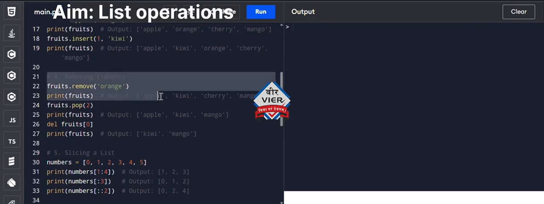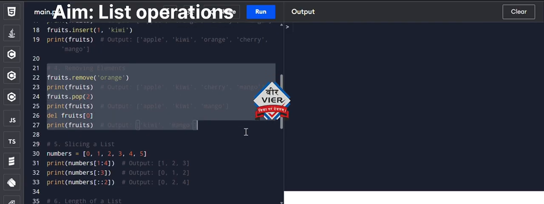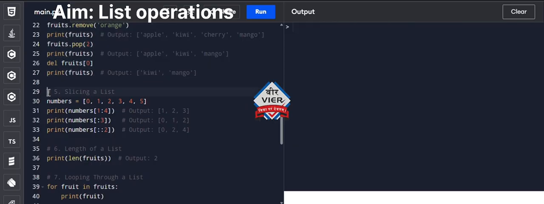Adding items, growing the list. We have two main methods for adding items. Append: this is the fastest and easiest way. It always adds the new item to the very end of the list. Think of it as throwing the last minute item into the cart. Insert: this is precise. You provide the index where you want the new item to go, allowing you to place it anywhere in the middle.